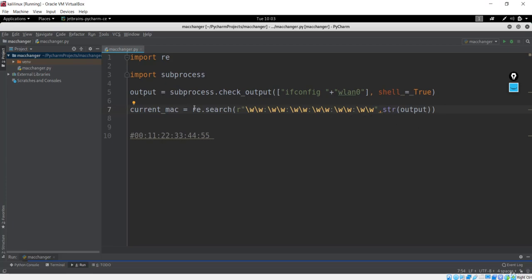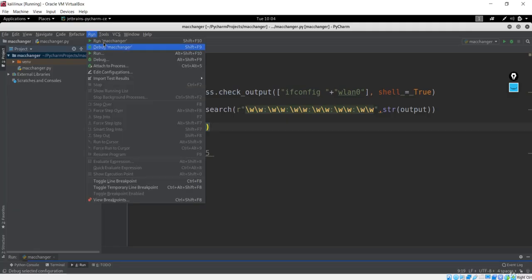So we just got the MAC addresses from that command. We ran the command and we got the MAC addresses. So let's print that MAC address now. You can clearly see what we just did. We ran this command in the shell, we got the MAC addresses with this pattern, and we printed the MAC addresses. So let me run it real quick now.